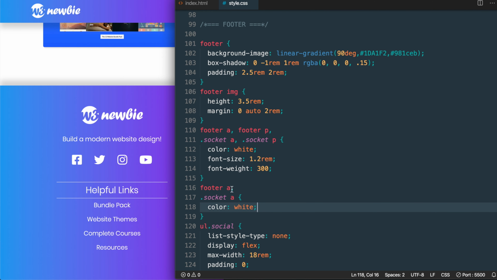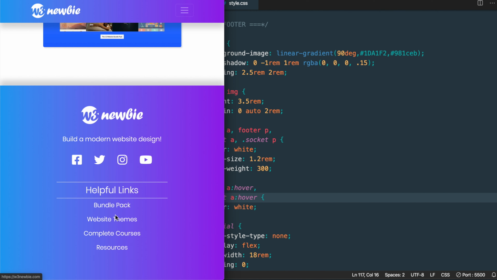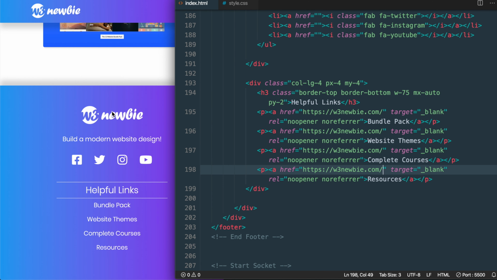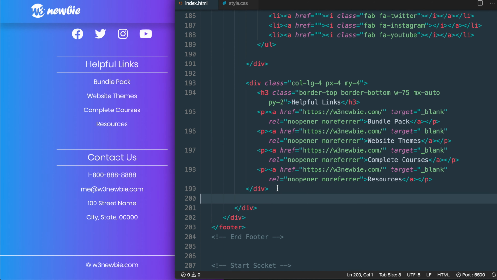Then we'll have to add the hover pseudo class. So we'll add :hover for both the footer and the socket. Okay, so now if we take a look at it, we'll just have the underline appearing when we hover over the text. So let's move on to the third column, and I'm going to copy the second column HTML and